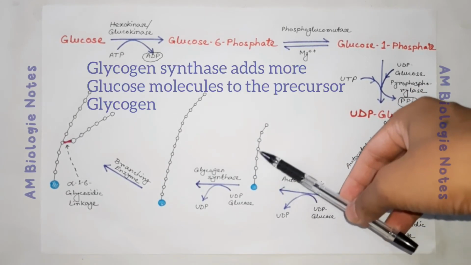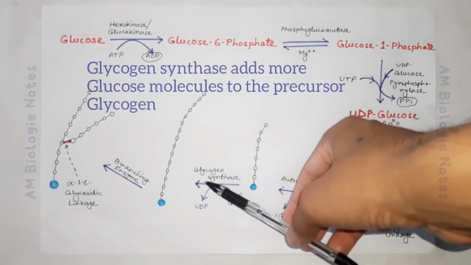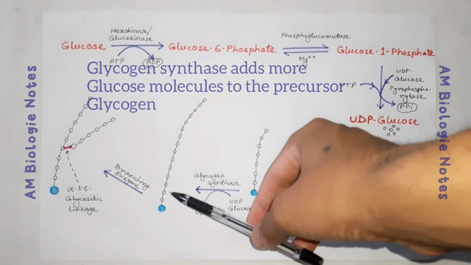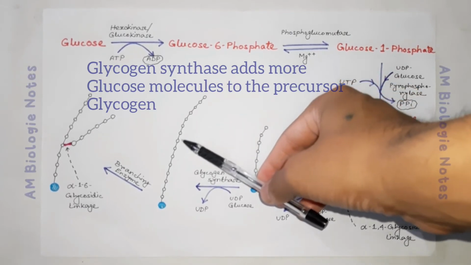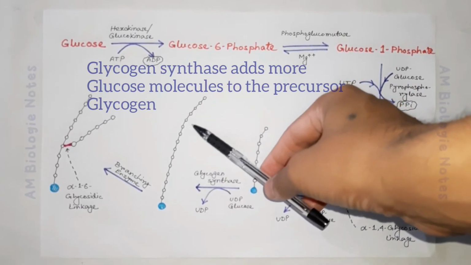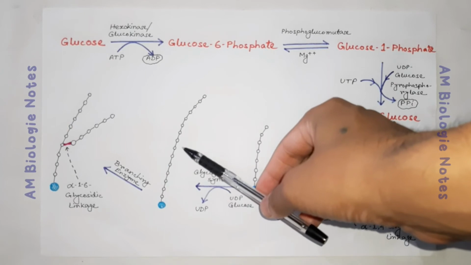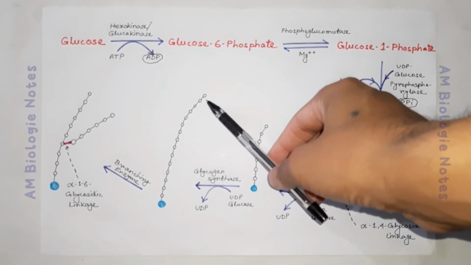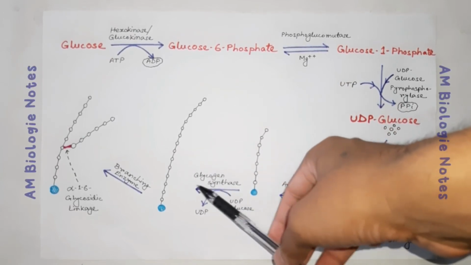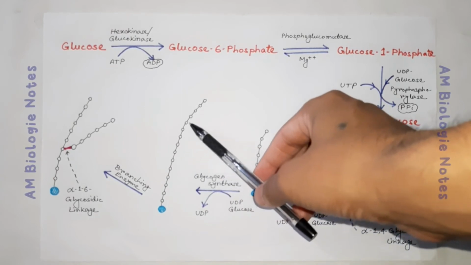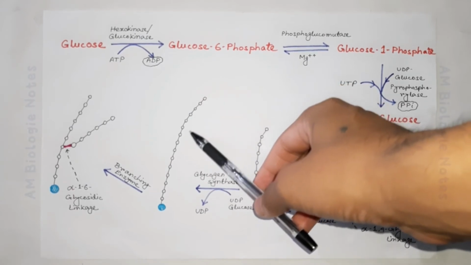Once a chain of 7 glucose monomers is formed, glycogen synthase binds to the growing glycogen chain and adds more glucose from UDP glucose to the 4-hydroxyl group of the glycosyl residue on the non-reducing end of the glycogen chain, and forms more alpha 1,4 bonds in the process. The reaction is practically irreversible. Glycogen synthase can only achieve linear elongation of existing glycogen branches by successive addition of glucose molecules.